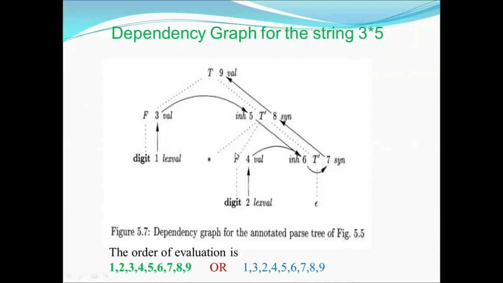And one of the operands is present in this node, and another operand is present in some other node, I mean to say in another subtree. Now how to get its value? In order to evaluate this particular star, I must have a value of F, I must have a value of T also. How to get that?